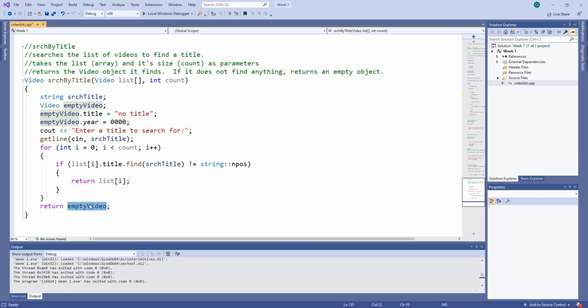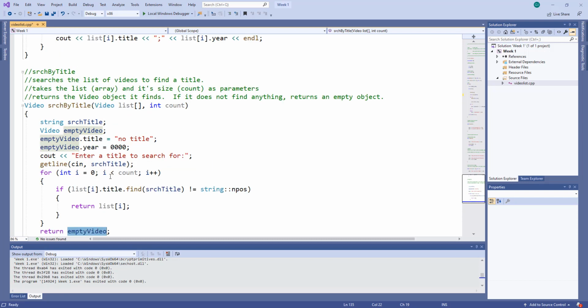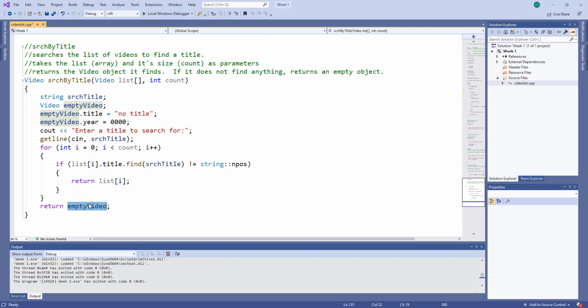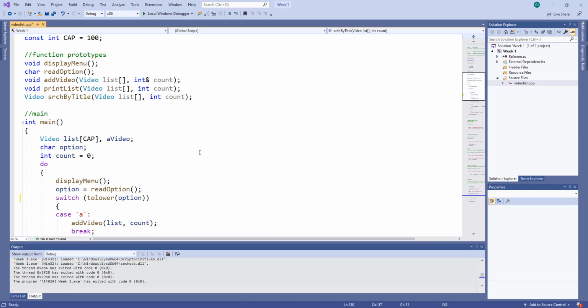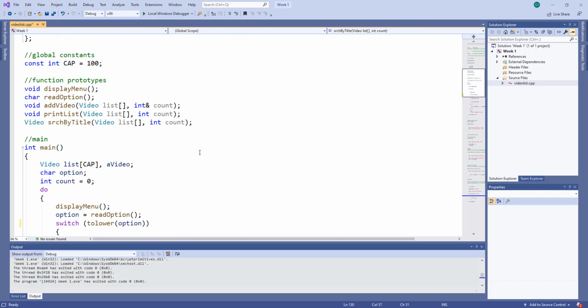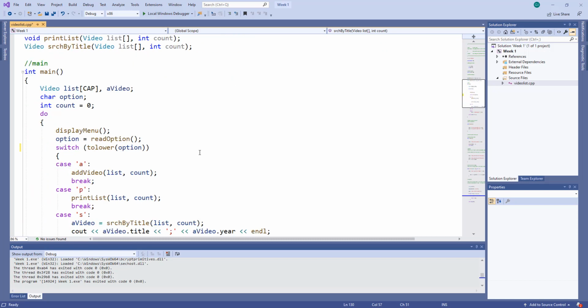Now this is not the only way to do it. Perhaps there's a better way for you to say something else if it doesn't find a video. But this was my quick way of saying, well, I didn't find anything, so I'm going to return an empty video. So take a look at this a little bit more. This is a little different, but I believe it's there in your Zybooks. So that's all we're doing here. We are just essentially creating an array of videos using a menu-driven program, right? So let's build it